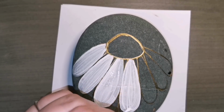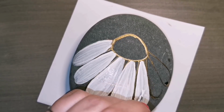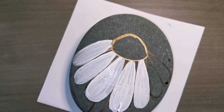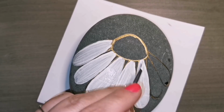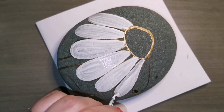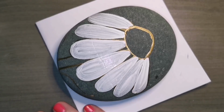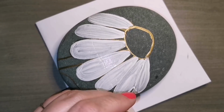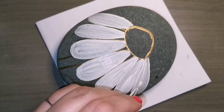So we're just priming it with white acrylic paint. You don't need anything special. You don't need to scrub your stone with any kind of chemicals before you start painting. If your stones are really dirty, you can wash them off using a mild dish soap, but I really don't do much with mine. I don't want to, nor do I have the time. I don't put them in the dishwasher or anything like that. They're fairly clean. I'm going to make sure that each petal is primed